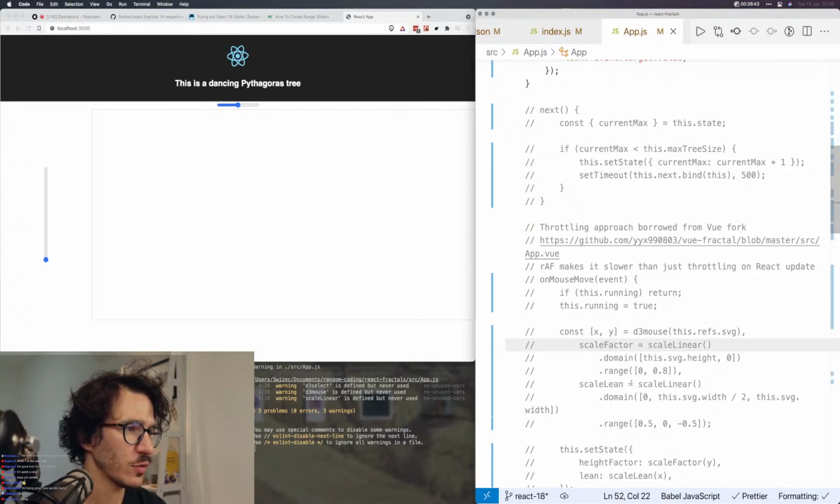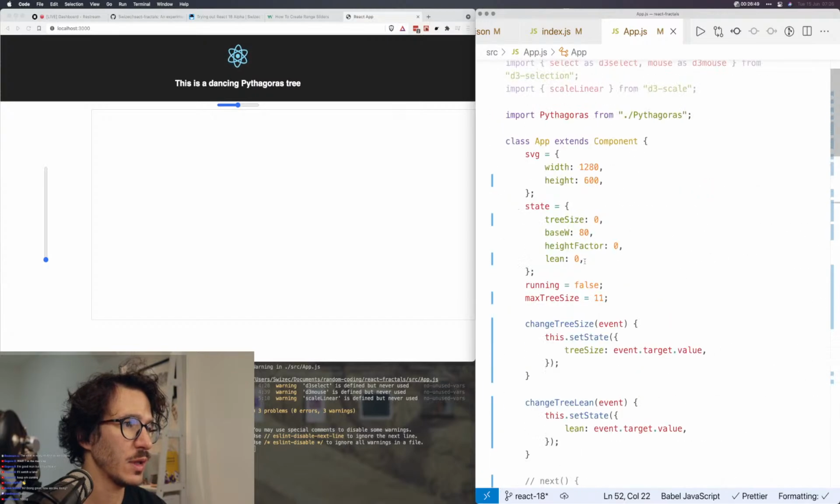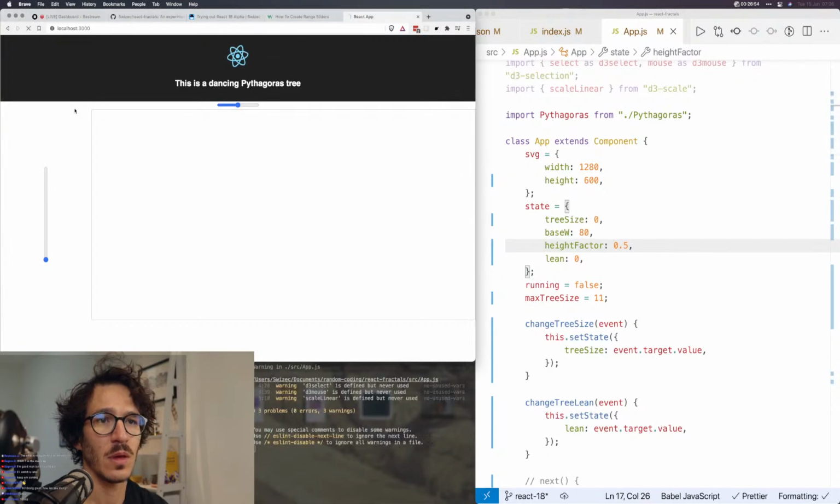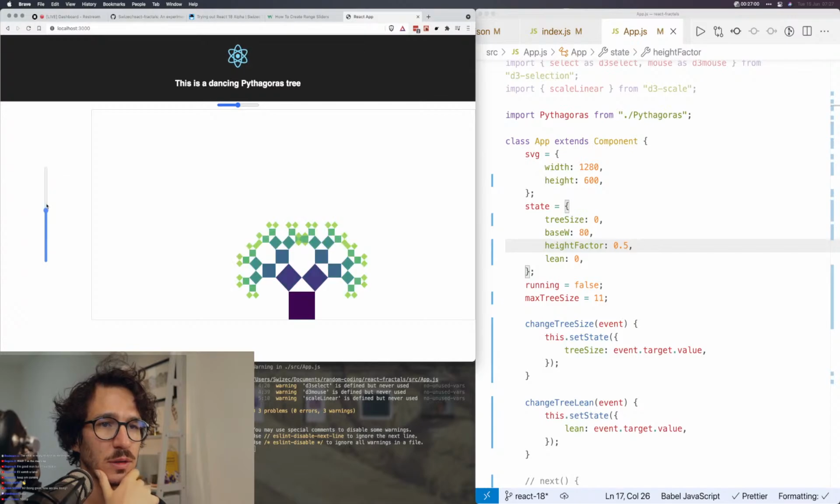So height factor goes from 0 to 0.8. What if we set it to, let's say, 0.5? And so this is going to reload. So that's the problem of working with old code. There we go. So we have that. And now,